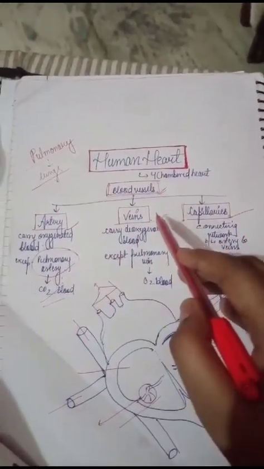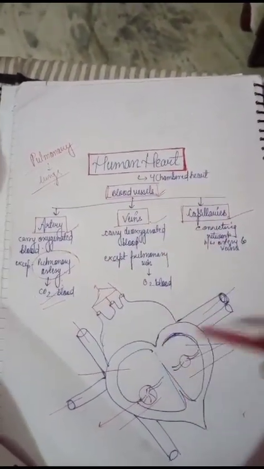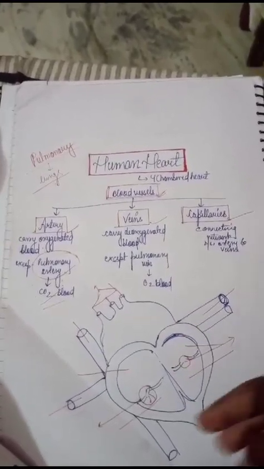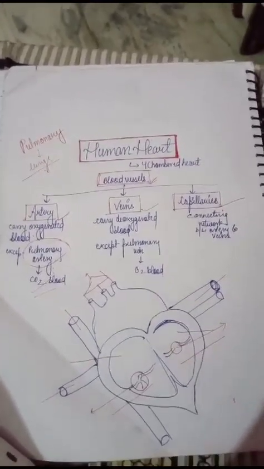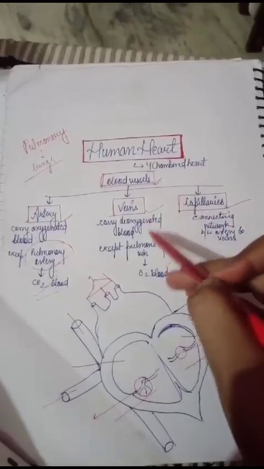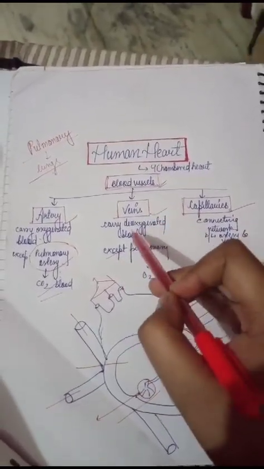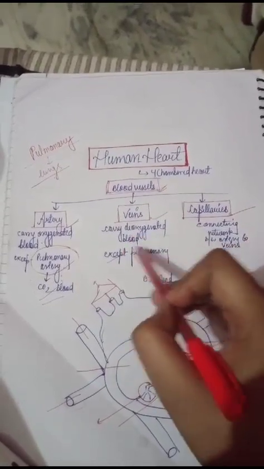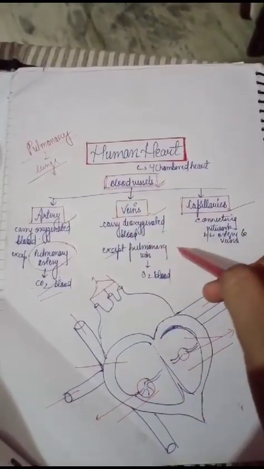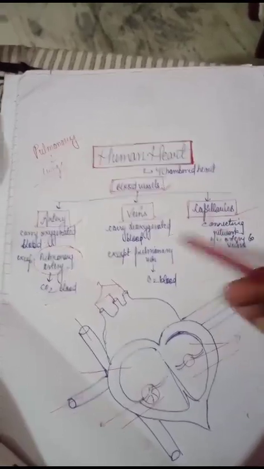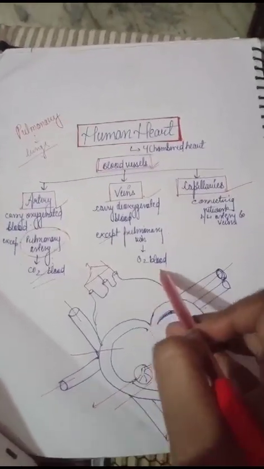Then after cleaning, the blood travels to the heart so that it can be pumped to various organs. So there is an exception, as veins usually transport deoxygenated blood, but the pulmonary vein is an exception. It transports oxygenated blood.